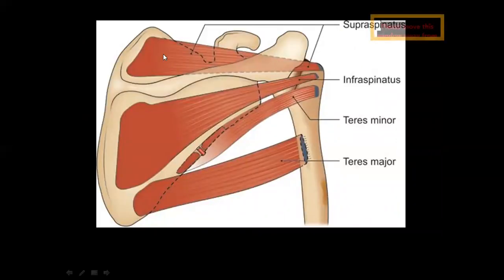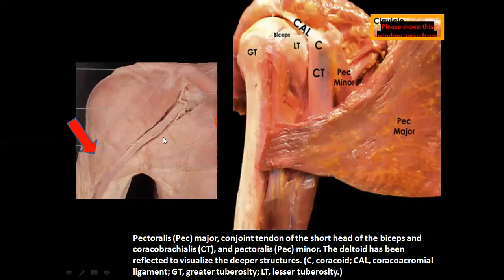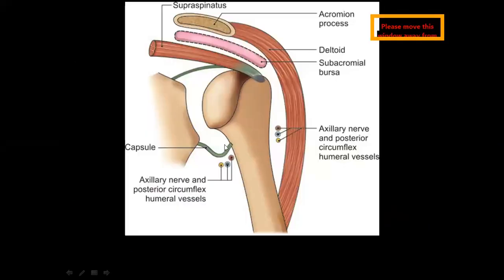Like above the spine of the scapula, we have supraspinatus origin. Insertion is going to the greater tubercle. Below we have infraspinatus. Again, insertion is the greater tubercle of the humerus. Then you have supraspinatus, infraspinatus, and we have teres minor, right? So teres minor, you will see it is coming from the lateral border of the scapula in the upper 2/3. Insertion is again greater tubercle. Teres major is from the lower 1/3 of the lateral border of the scapula, and it is getting inserted into the lip of the intertubercular sulcus. So all these are the things you have to know when we are doing this.